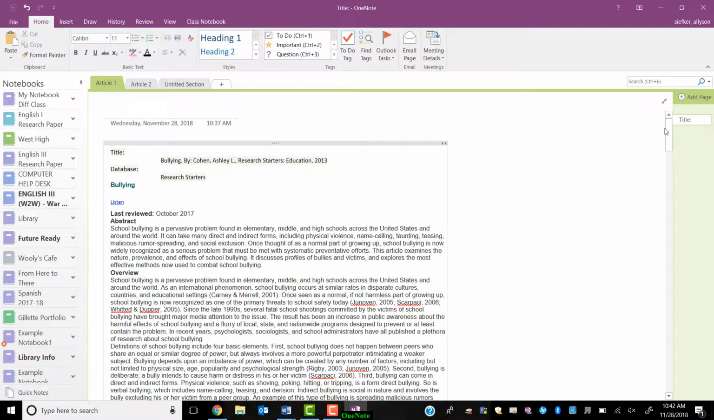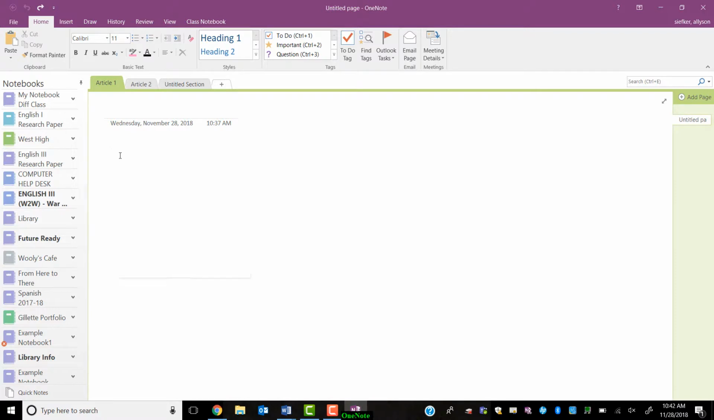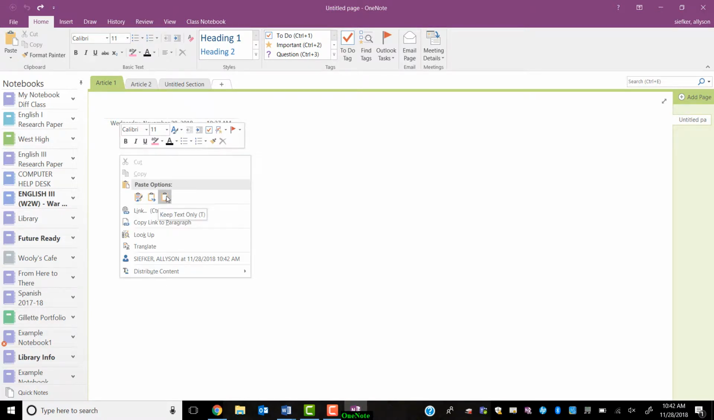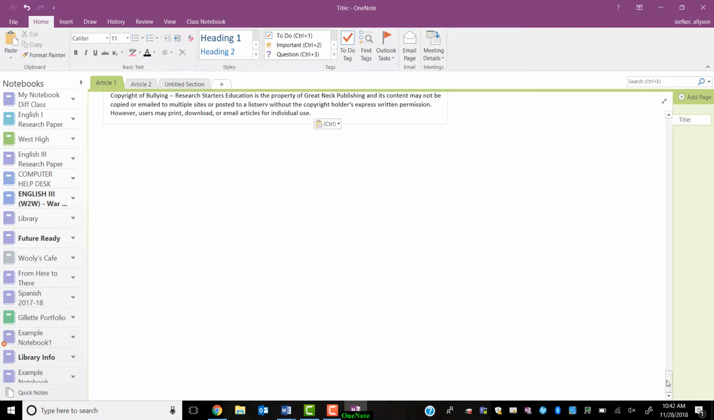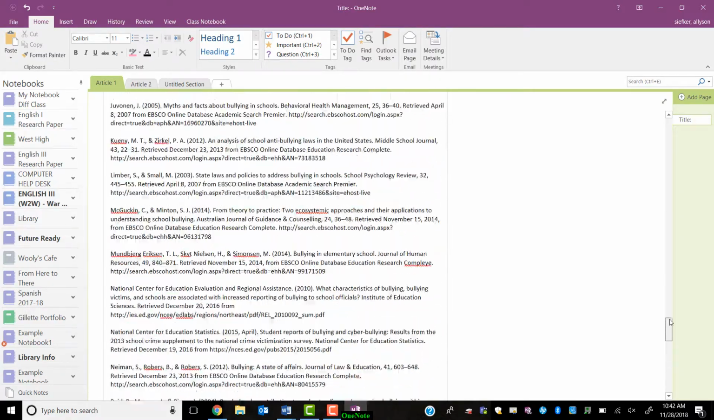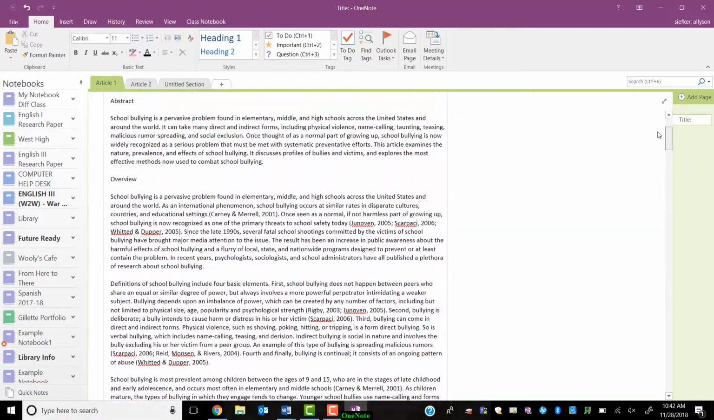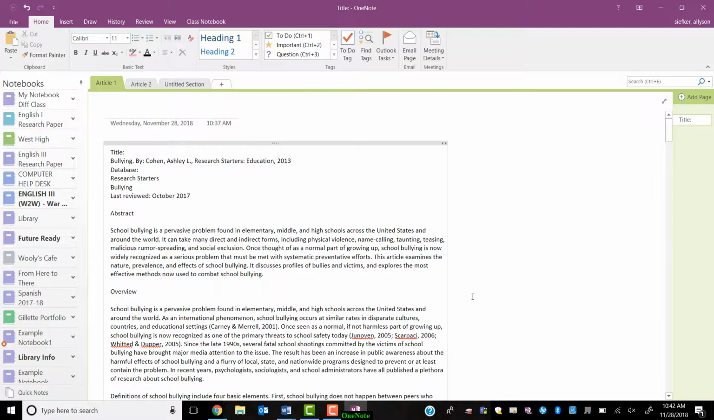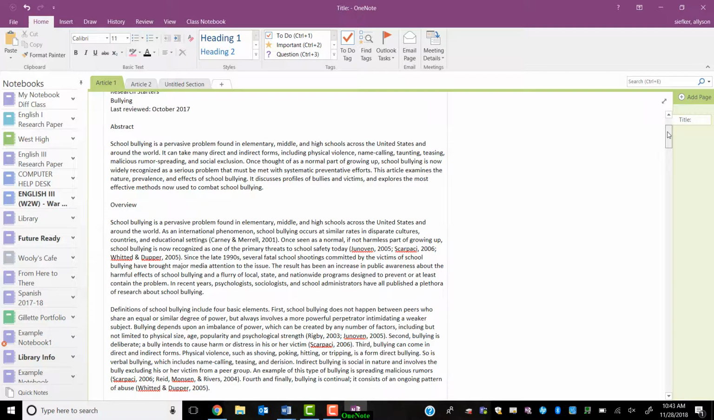Sometimes when you do the Control V, it looks a little funny. So one way that you can paste is to select text only, and then it should clean it up a little bit more, and it will take out all of the hyperlinks and the images that might be distorting the article. So once you have an article in here and you're ready to read and take notes,